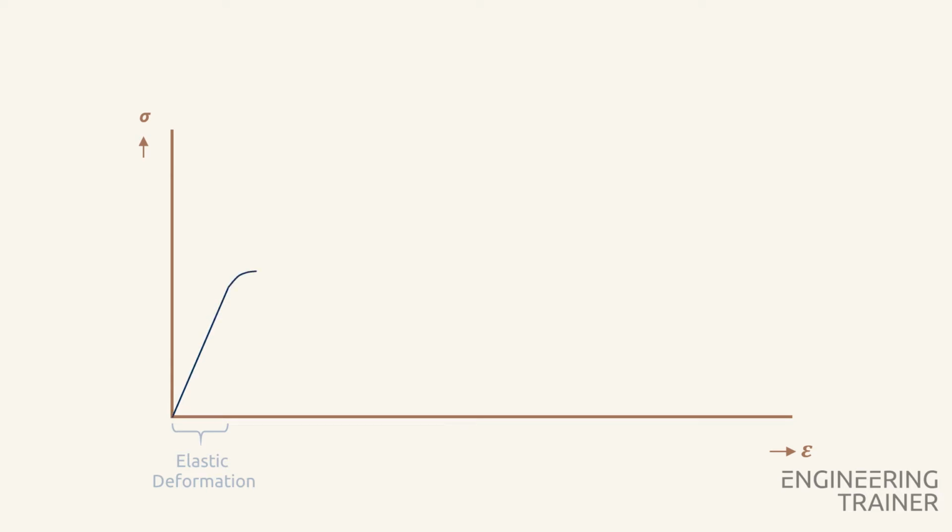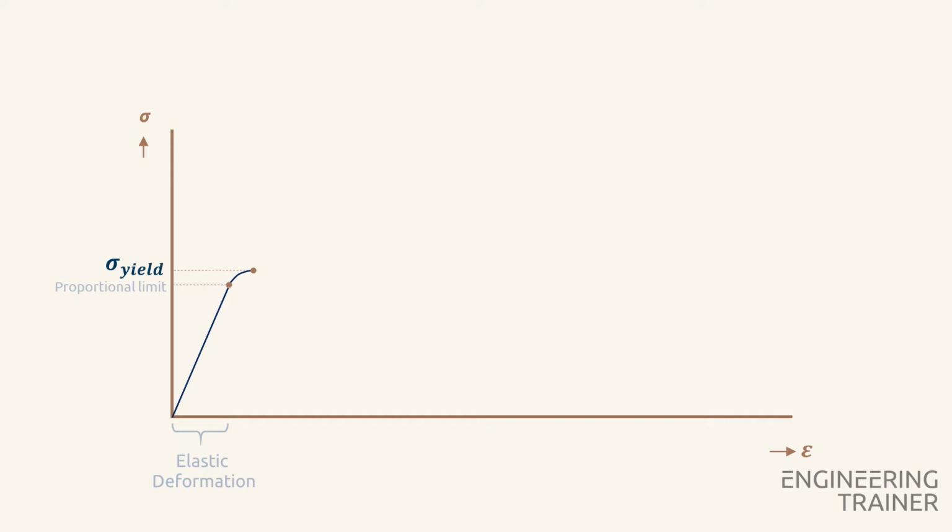However, if the force is increased further, the linear relation comes to an end and flattens. We've now passed the so-called proportional limit, which marks the end of the linear relation, and the stress maximum is called the yield stress, sigma yield. Note that the exact location for this transition in the graph might not always be clear.